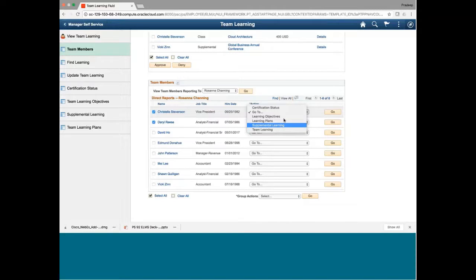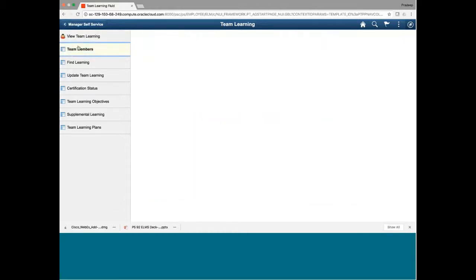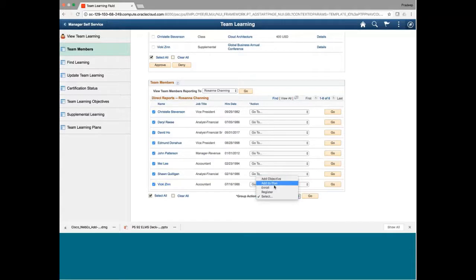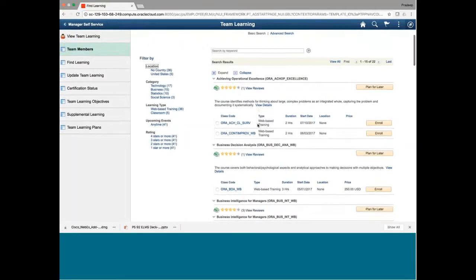Okay, so this is how a manager can navigate in group or individually to a specific action. Okay, if they want to select the certification status, just click go. If you click the individual go, it will go to individual employee. If you want to go back to a group, then you need to select the action here and click enroll and go. So they can see by default all the courses which have been assigned to